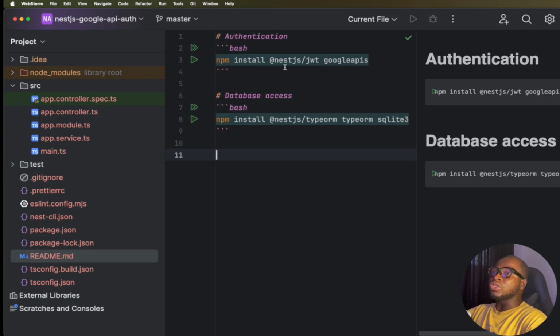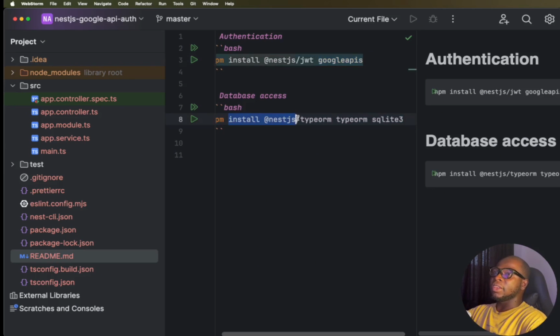We are going to install some packages such as NestJS JWT and Google APIs. The NestJS JWT is basically what we are going to be using to generate our JWT token. And the Google API is what we are going to be using to connect to Google to validate the token that has been sent to us by the clients. Then for database access, we are going to be using typeorm, and I will be using SQLite to keep things simple. Now, the first thing I'm going to do is install the